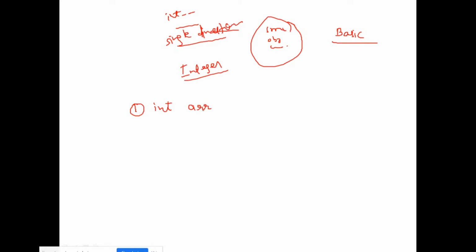ARR, this is the array name, you can give any name to it, and here the big bracket is equal to new int, and here you have to decide a size. Suppose I give 5. This is the syntax of array. Just note it on your copy and pen paper, right? So this is the first way.